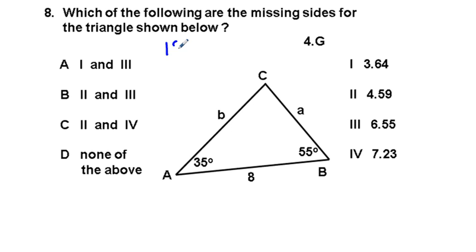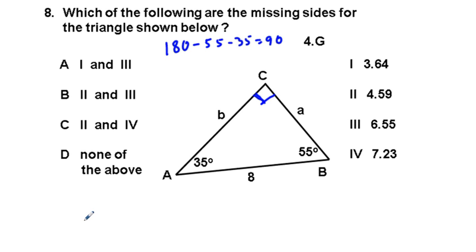If we have 180 degrees minus 55 degrees minus 35 degrees, we get 90 degrees. So therefore, we have a right angle at C. And we really don't have to use law of cosines at this point. We can use tangent or cotangent to find sides A and B,